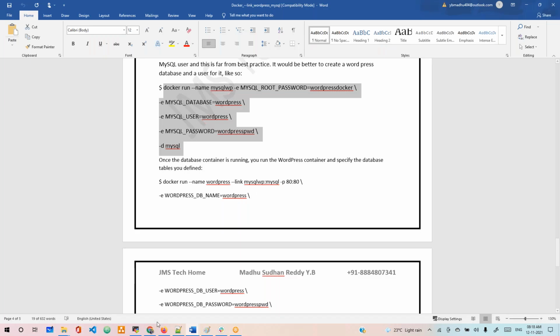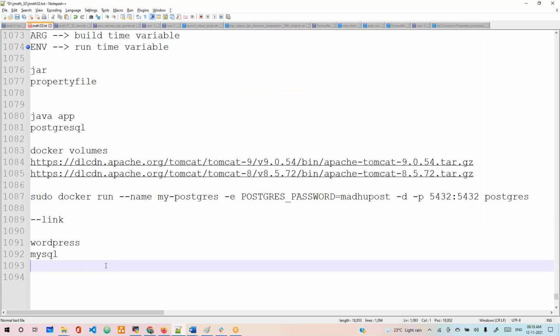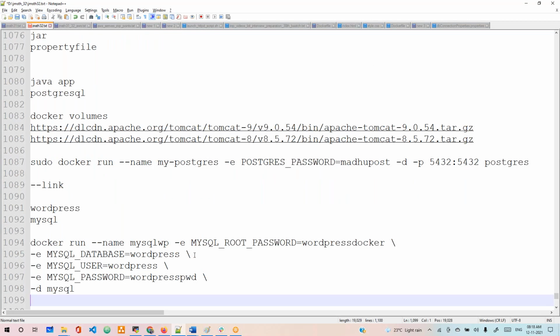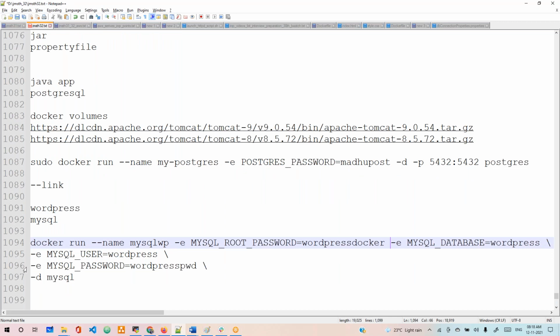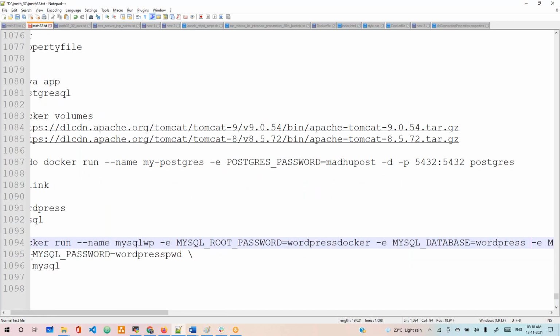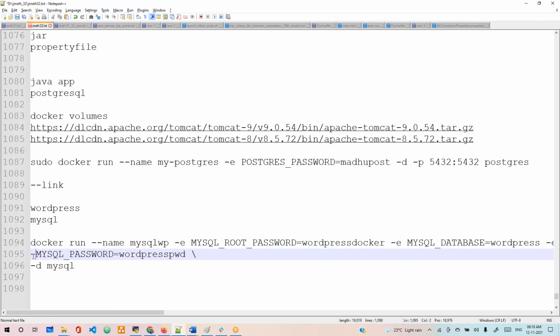Copy this and paste into any notepad. Okay, then next this, keep it in a single line. Even multi-line will also work. Okay,